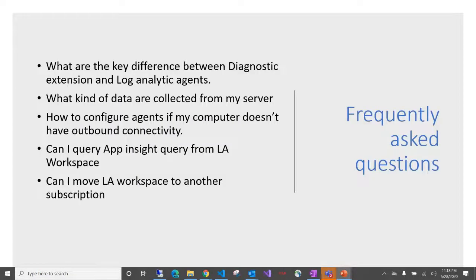And these are some other frequently asked questions for Log Analytics workspace. One of them is, what is the difference between a diagnostic extension and Log Analytics agents? If you have worked with Azure VMs, there is an option known as diagnostics available along with the VMs.